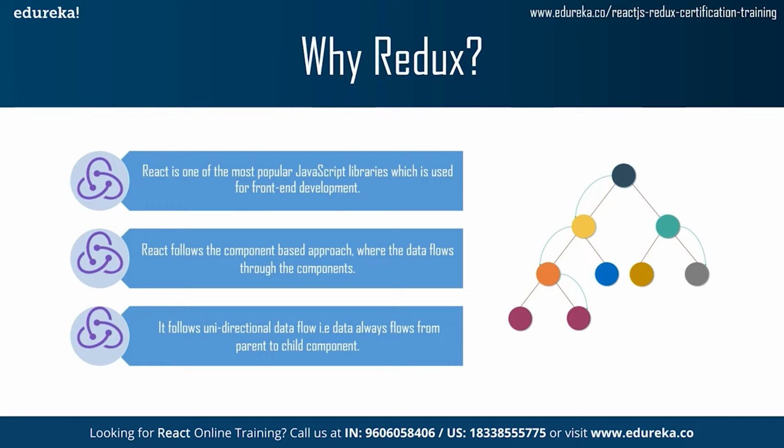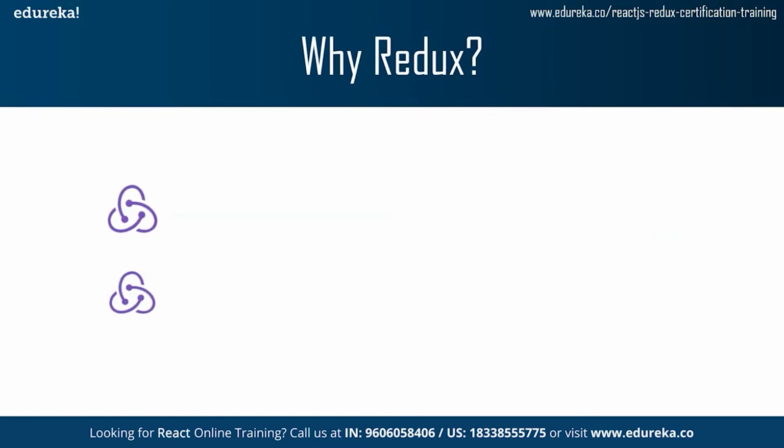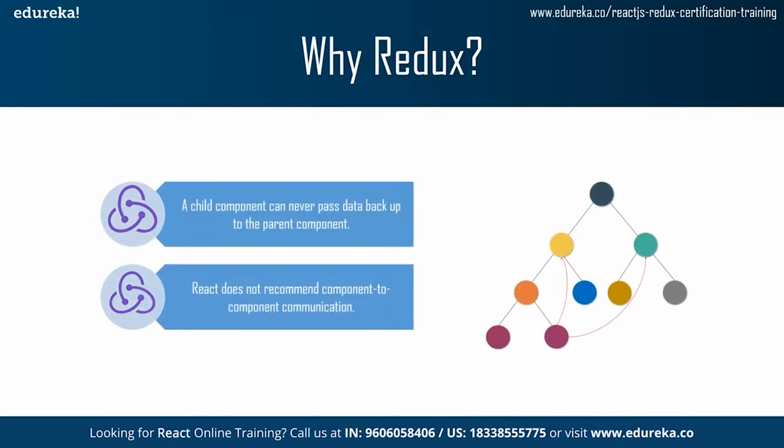As you can see on the screen, the colored circles are representing the components, where the upper component is the parent, while the lower ones are the child or subcomponents. The view cannot interrupt in the data flow, so data flows in a unidirectional fashion. Here data flows from parent to child. React does not provide any way for direct component-to-component communication, although React has features to support this approach, but it is considered to be a poor practice as it is prone to errors. As you can see on the screen, a child component can never pass data back up to the parent component,